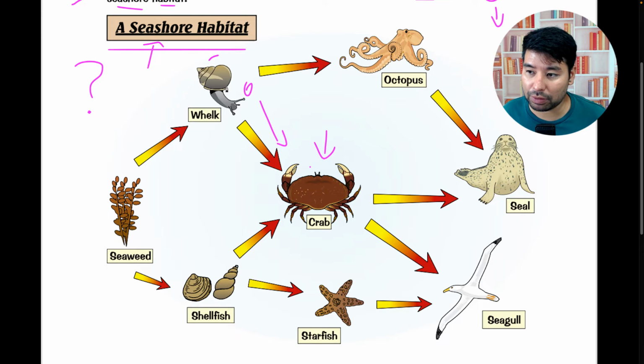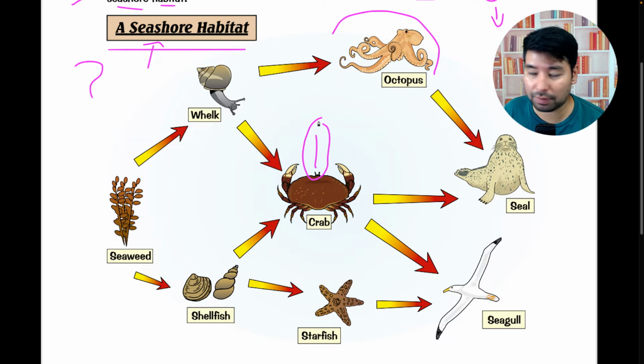So, sabendo disso, let's analyze. I'm going to begin here, okay? Let's begin from the octopus. Of course, number one is the crab, but to make it easy to understand, let's begin with the octopus. So, the octopus is food for the seal. And that ends the chain. So this is the first, okay?